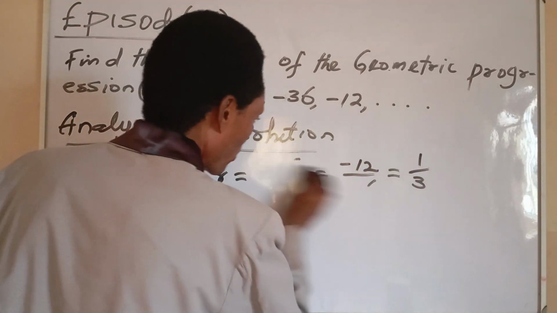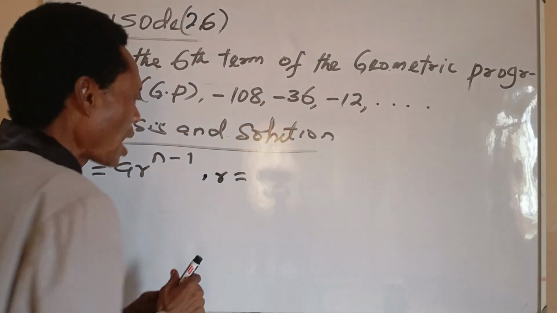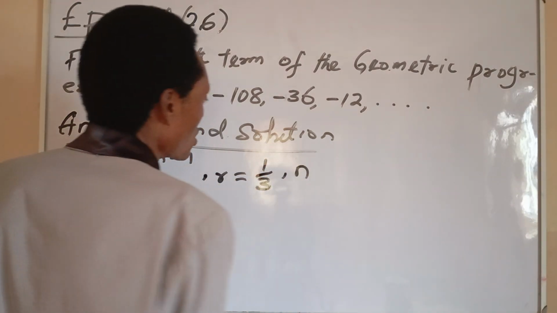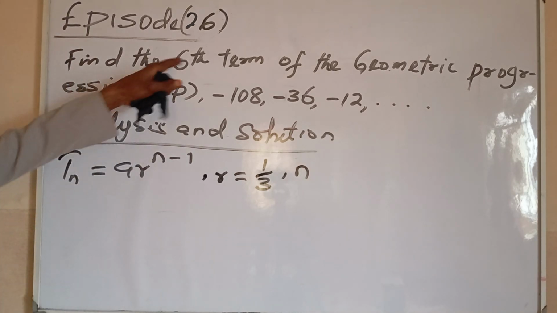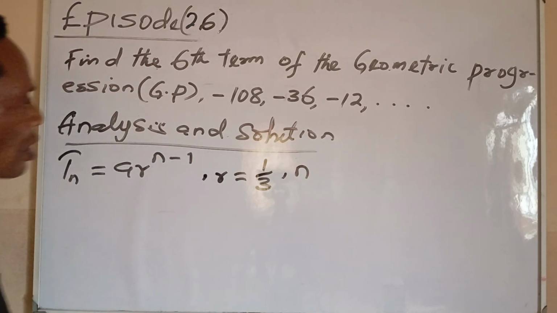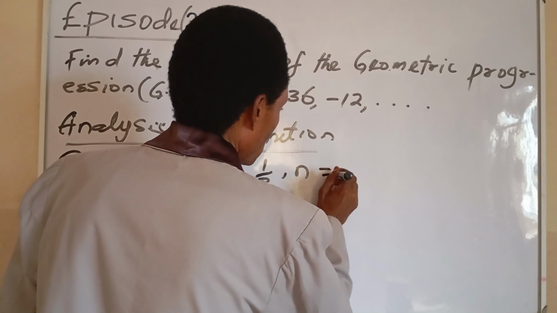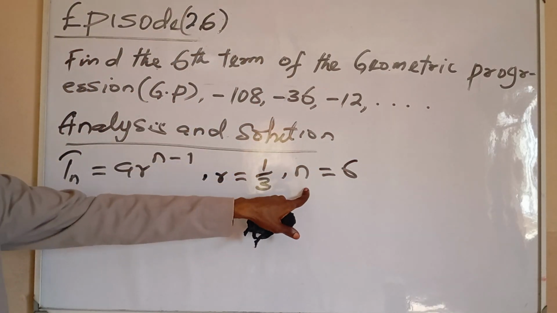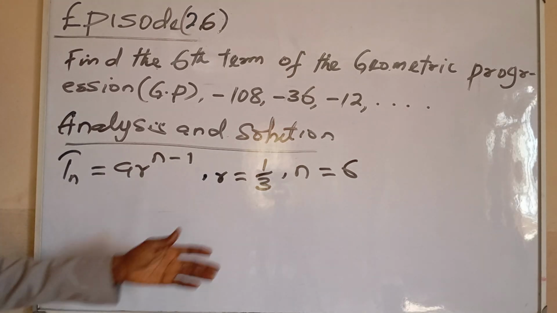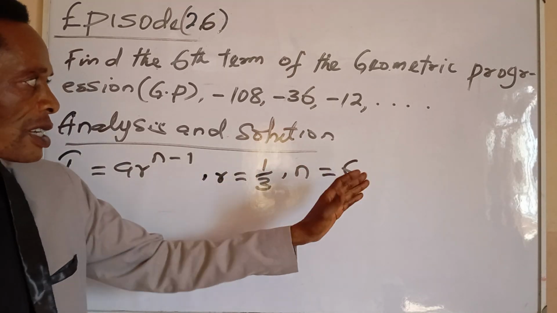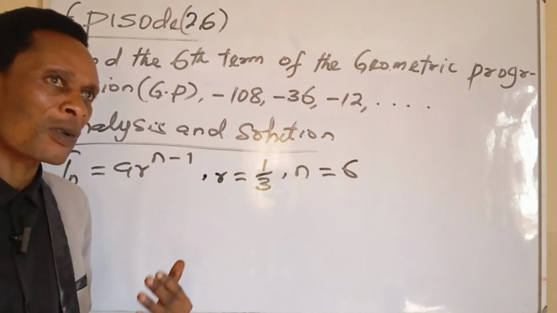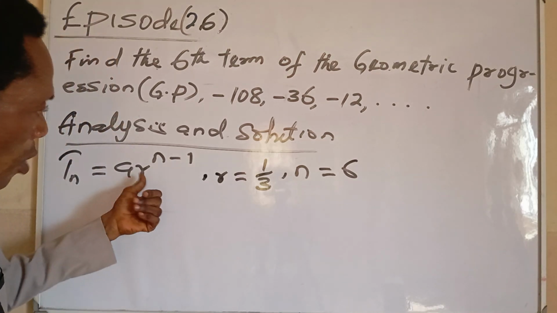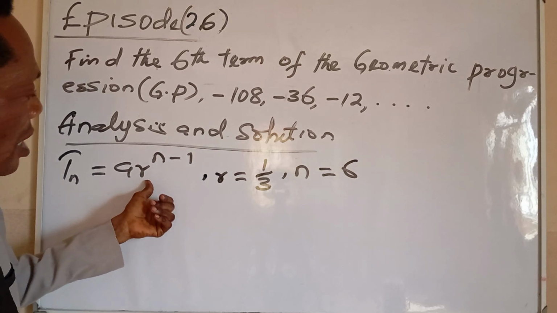So let's just abbreviate it then. So we can now write it as 1 over 3. Now, because we are asked to calculate the 6th term, your n equals 6. You represent the terms by n. You discover that the example I have given you on how to generate it will take you time and space. Then there's need for you to apply this formula in finding the 6th term,